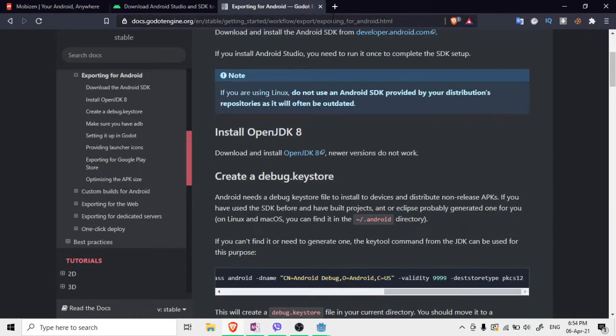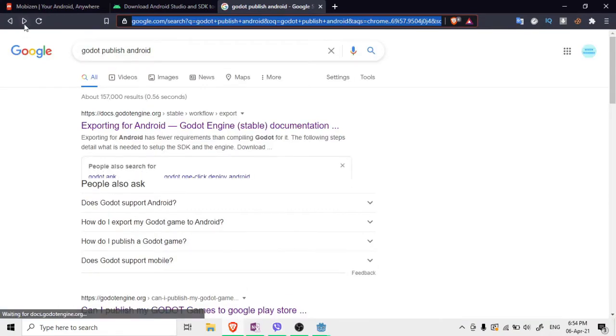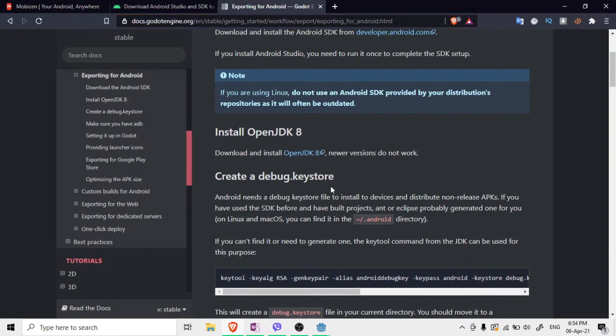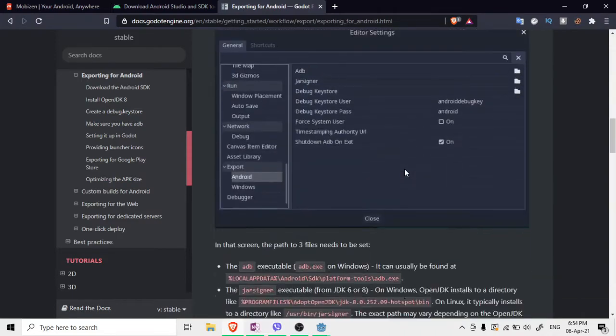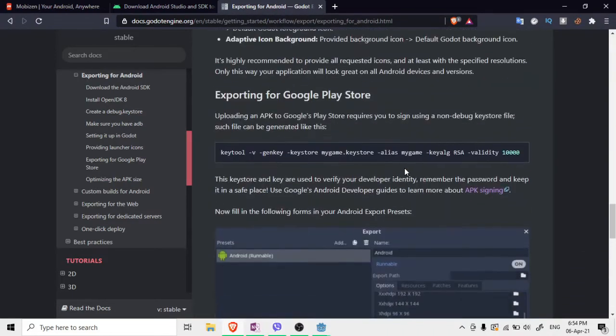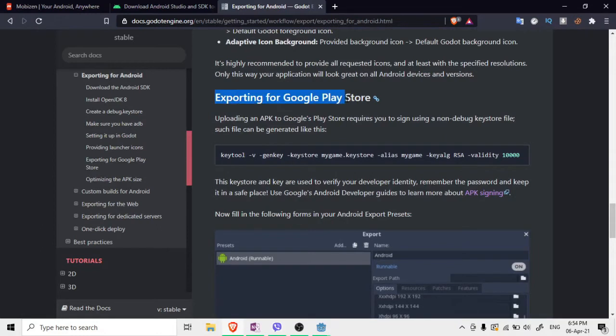Let me just go back into my Godot documentation. You can just go into Godot documentation, exporting for Android, just search things like Godot publish Android, and click on the first link. Then you will be getting into the Godot documentation. In the last video we learned how to create a debug Keystore, but in this one, if you move a little bit down, we have exporting for Google Play Store, and over here we have to create a Keystore. So I will just copy this